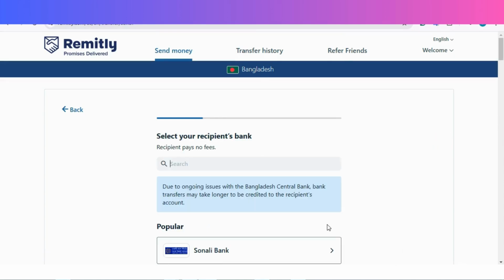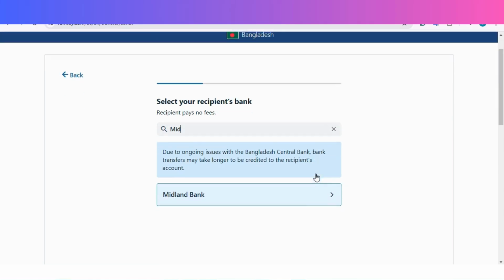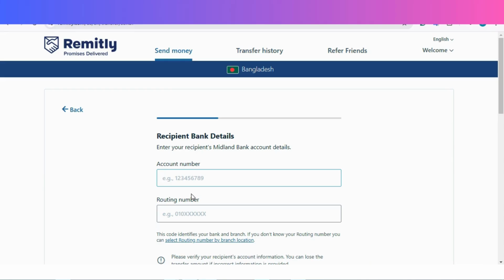Now you have to select your recipient bank. So simply we can search here, like I am sending to Midland Bank. So I'm searching for Midland Bank. Yeah, I got it. Now simply put here your recipient's bank account number and routing number